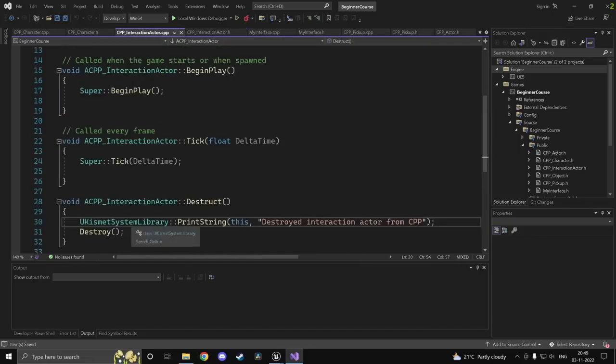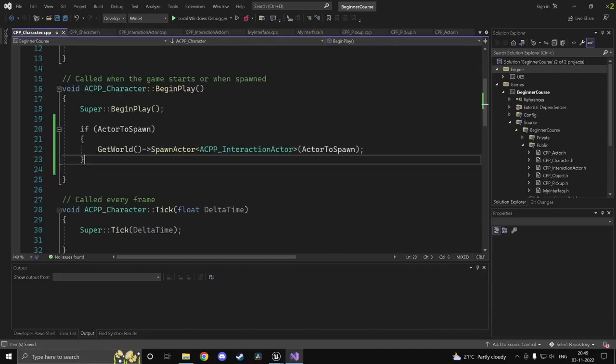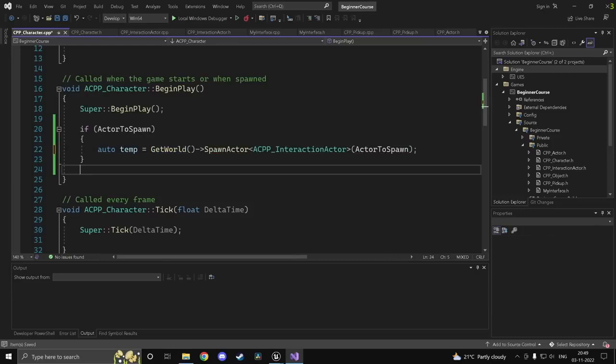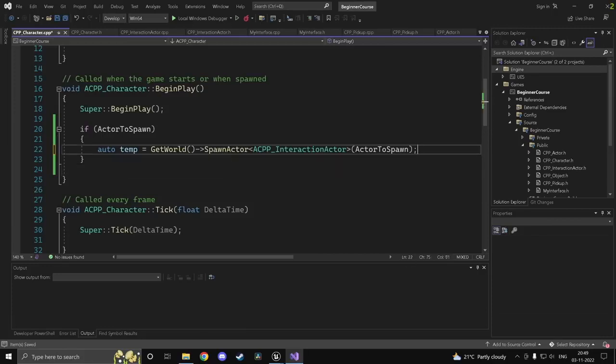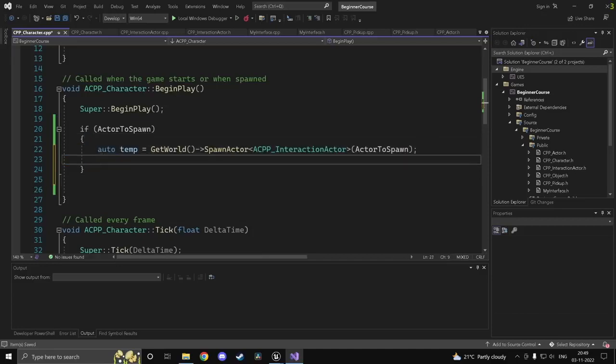And the way you would set default values for this is if I go ahead and write the function again. So this is how you'd spawn an actor. Here you would have what's going to be returned. So if I actually do auto temp equals spawn actor interaction actor, basically this temp will be of type ACPP interaction actor pointer. So a pointer to the spawned actor will be returned. Now what we can do is we can spawn another one actually. So we'll just do auto temp1 equals, we can just go ahead and copy this,